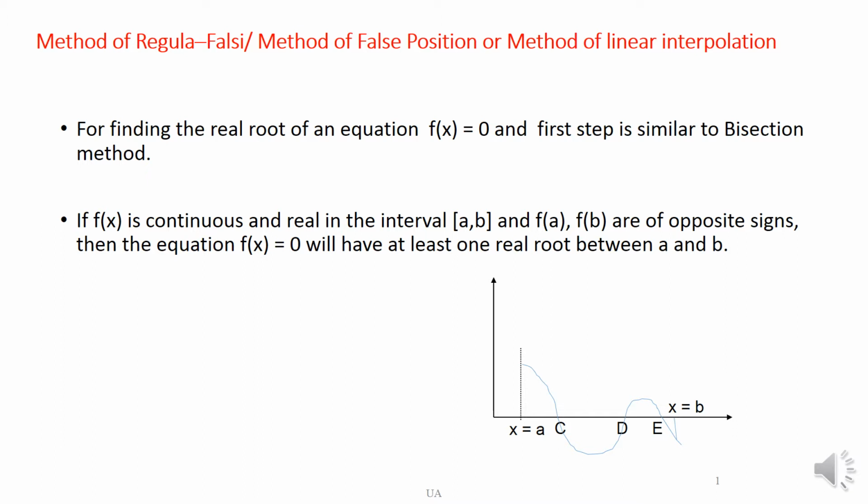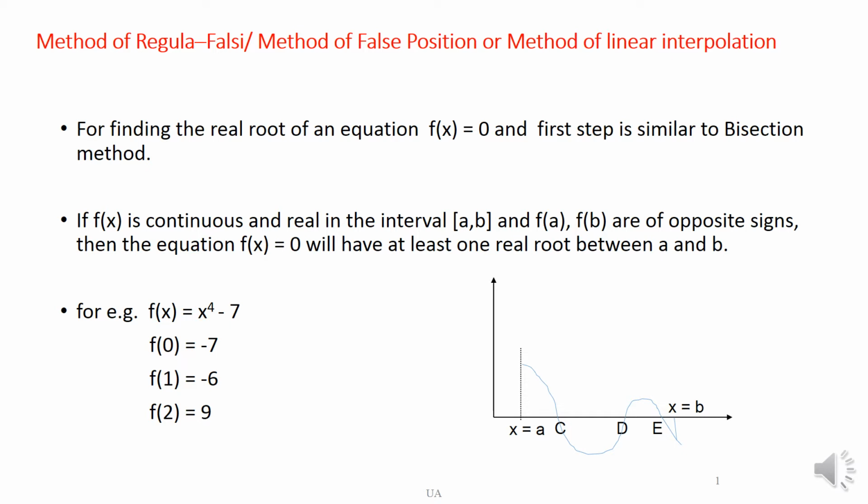Let's see this with the help of two examples, one algebraic and another graphical. So we take f(x) = x^4 - 7. We try to find one interval in which the function changes its sign. So we substitute x = 0, we get the function value as -7. We substitute x = 1, we get -6, both of them negative. We take x = 2, now the function's value is 9, which is positive.